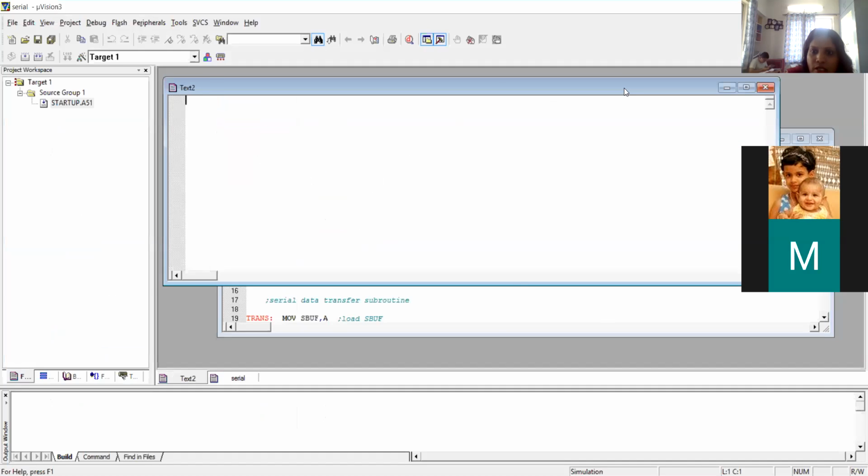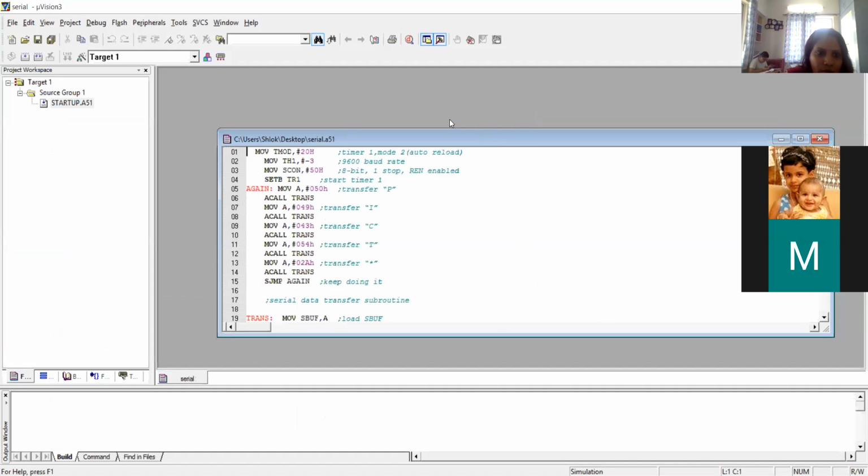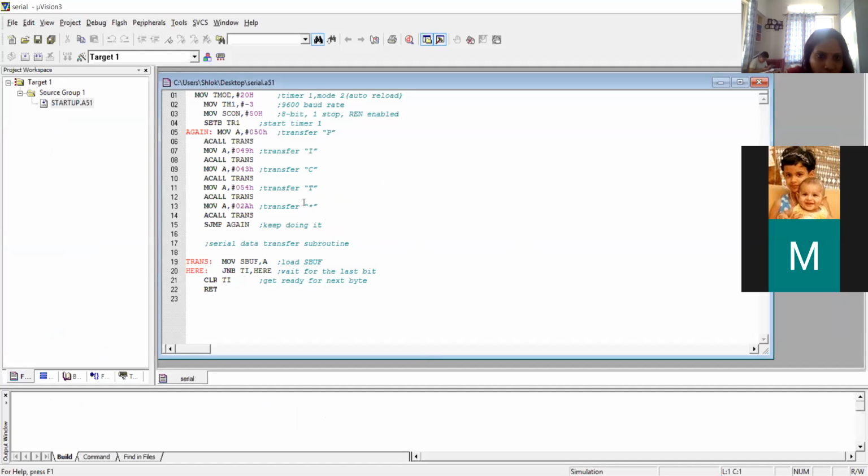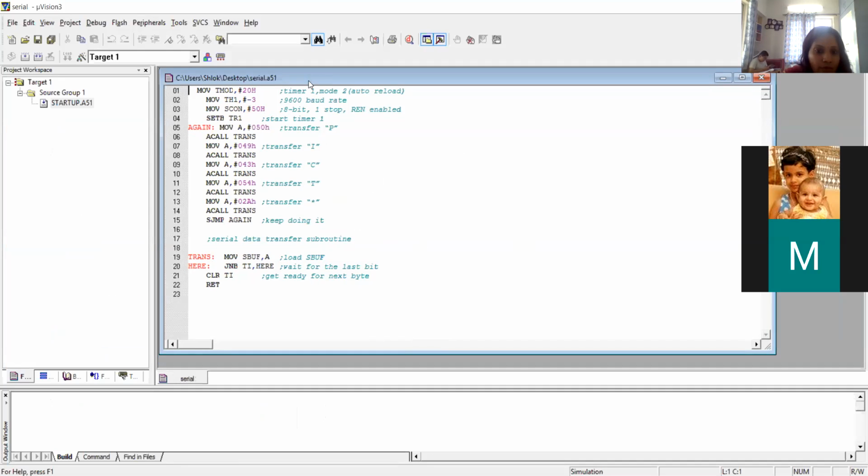I'm just closing this text window, and now this is the code available here. Basically this code I will share with you also. Okay, you will get this code. Now how to execute, the most important step. Then I will explain this program later on, but first we will add this.